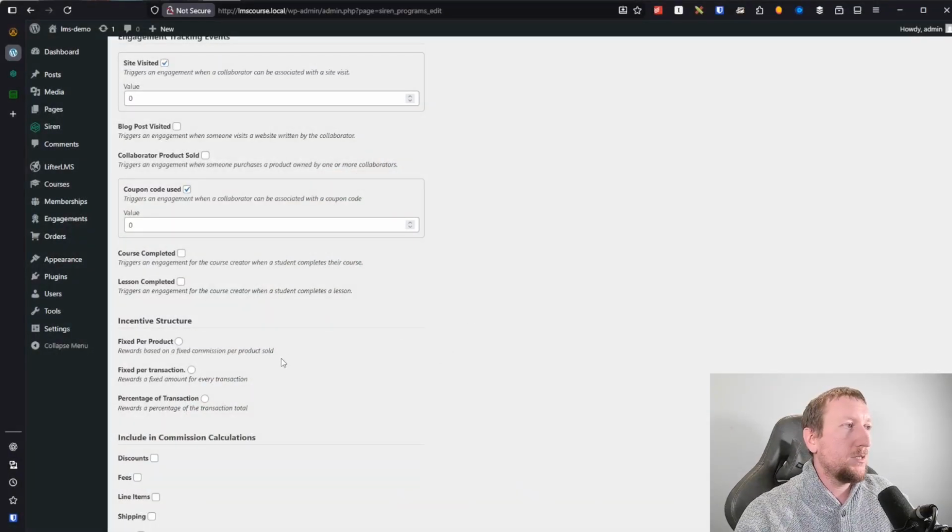And basically what that does is it rewards a fixed amount of money based on the number of products that are sold. So in other words, let's say you have a transaction that goes through, and there's 5 products in the cart and they get sold, right? And you want to give a commission of $10 for every one of those, right? This is useful in cases where, let's say, for example, you want to create a temporary program,